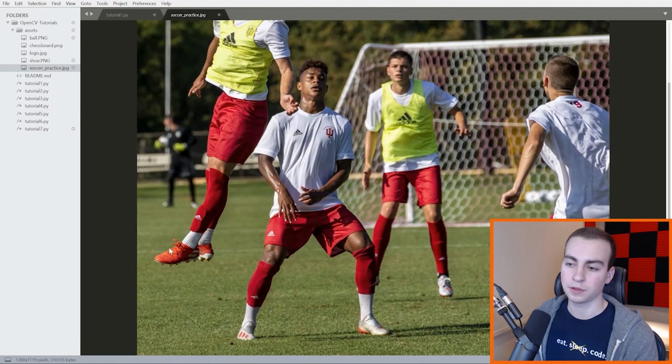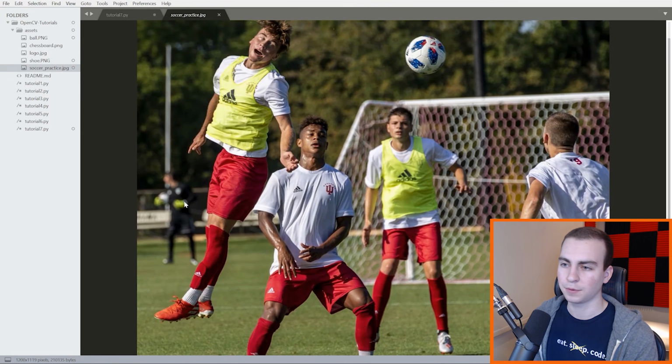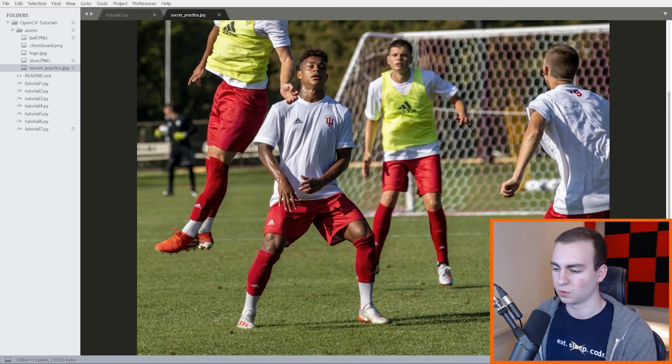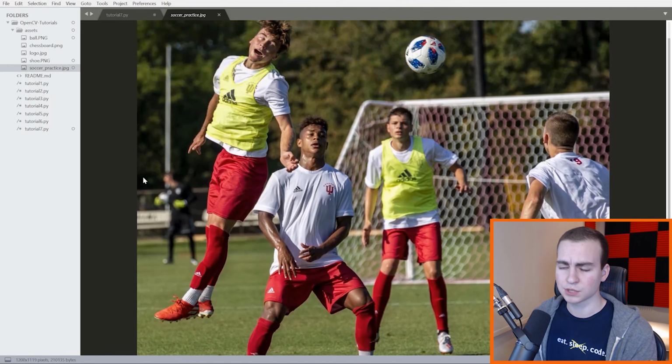Now, we also could detect other things in this image. We could try to detect the referee. We could try to detect the light post or whatever this is here. All kinds of different things. We could try to detect the mesh, but it makes sense and it's a lot easier to detect a larger object that's actually in focus. So say the ball or this guy's shoe. Anyways, that's what we're going to be doing.